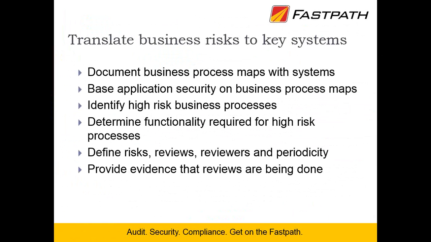And so for the people on the call today, NAV is a key system in a lot of your business processes. Then you take those business process maps and you start to base your application security on the business process. So you say, hey, the AP clerk doesn't need to be involved in order to cash, so we want to make sure they don't have that functionality within NAV. You can take that away. So you're building your security model based on your business processes, which are based on where your risks are in your organization. Once you have those roles and their functions defined, you can start putting that into your security model.